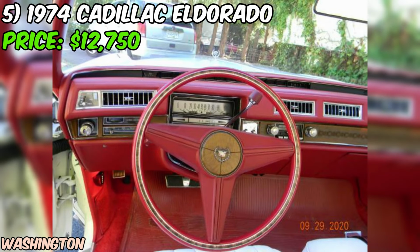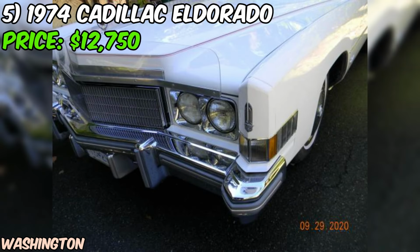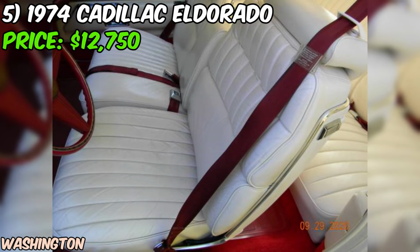The seller is asking $12,750 for this incredible 1974 Cadillac Eldorado, which, given its condition and history, seems like a fair price for such a rare find. The seller is firm on the price and not interested in trades, which suggests that they know the value of what they have. In conclusion, this 1974 Cadillac Eldorado is a true gem, a survivor with only 28,000 original miles